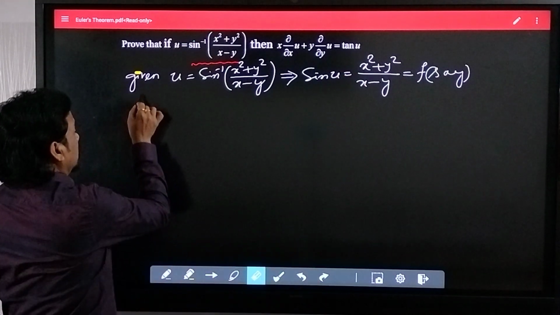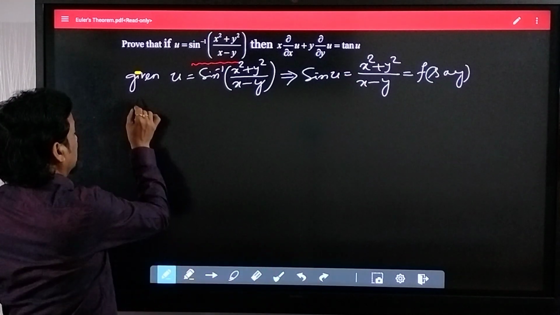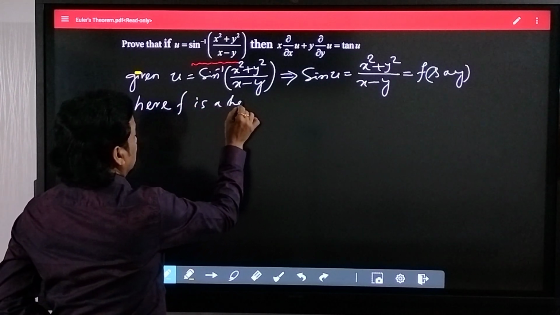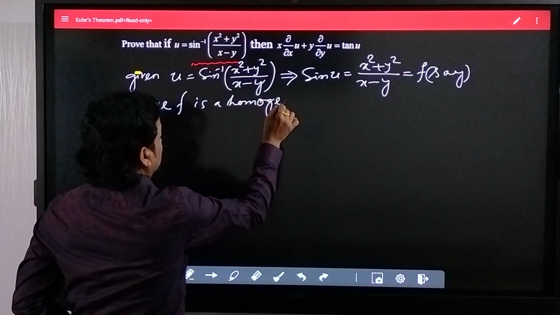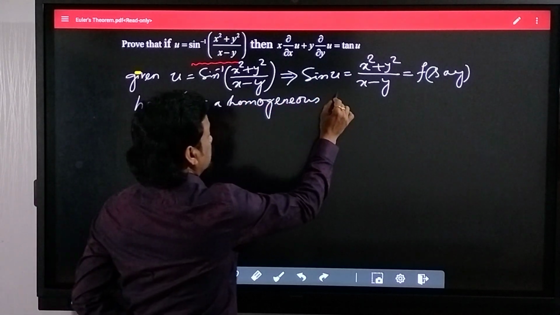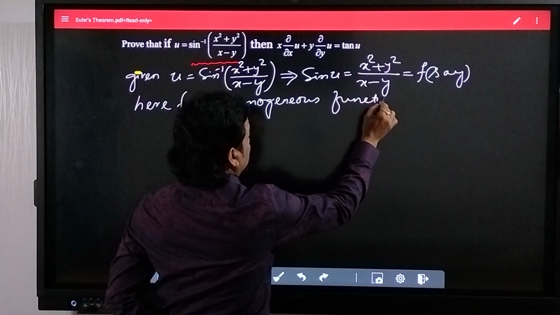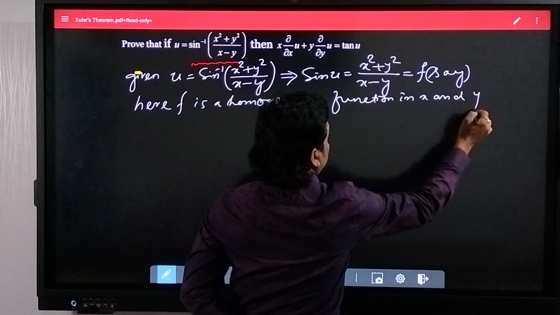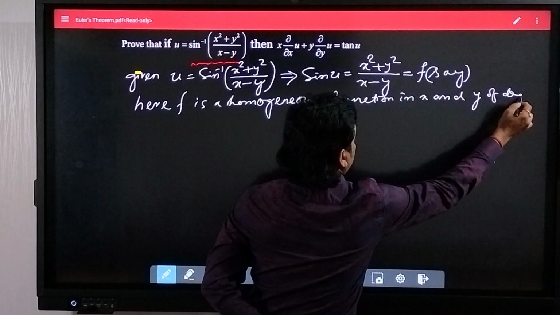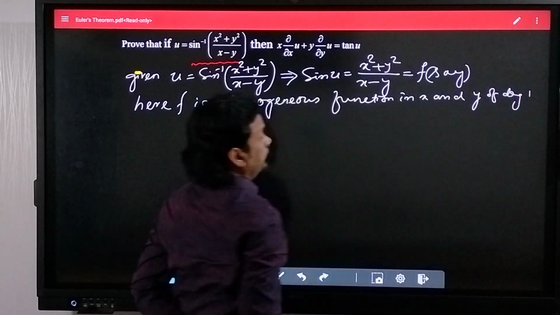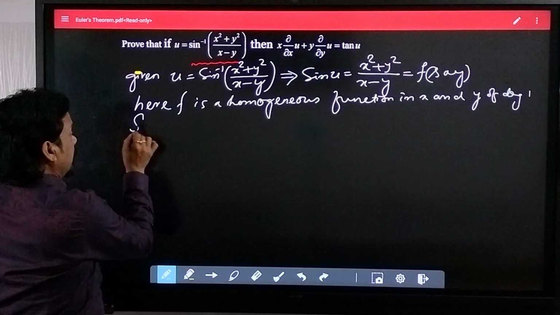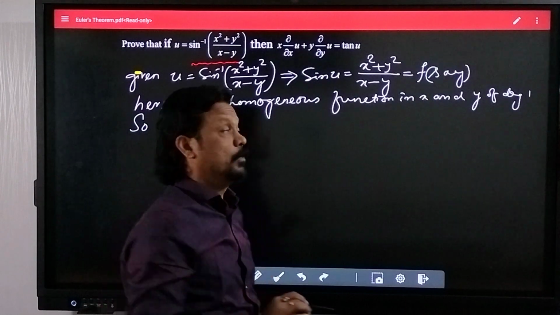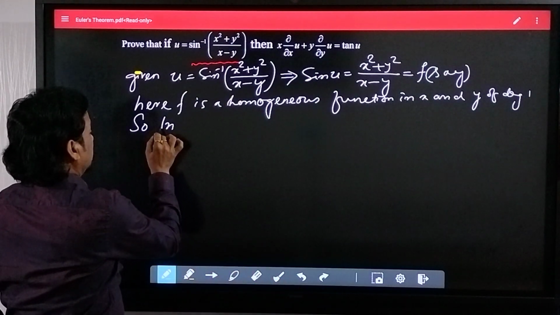That means here f is a homogeneous function in x and y of degree 1. So we can apply Euler's theorem, because Euler's theorem is applicable to homogeneous functions only. Okay, so by Euler's theorem,